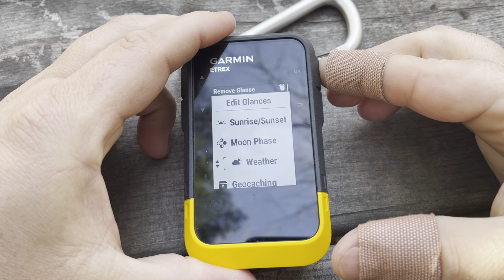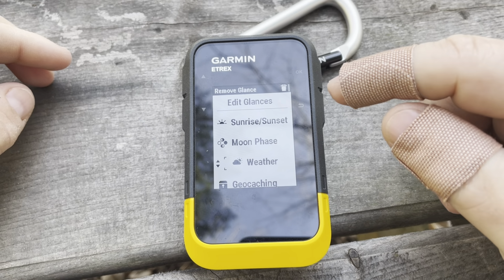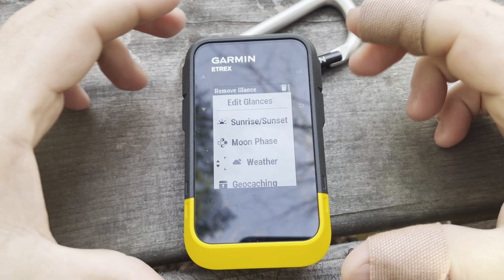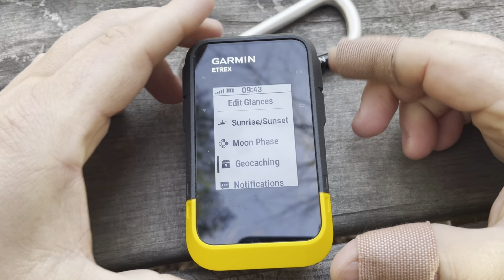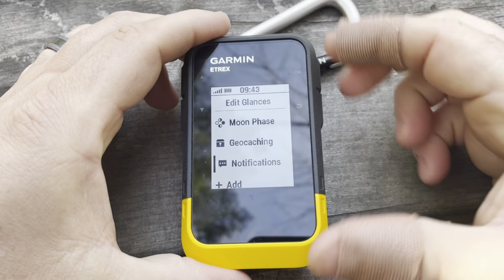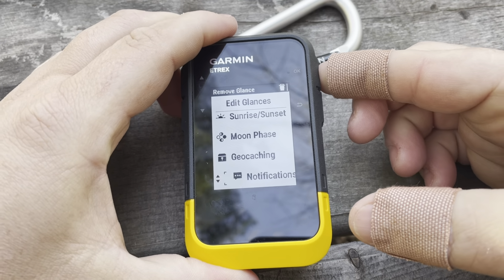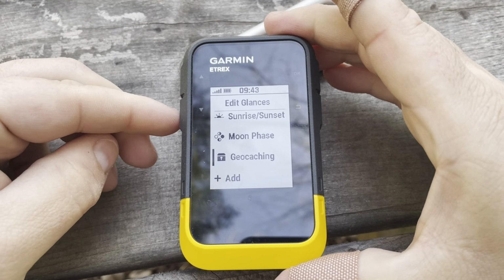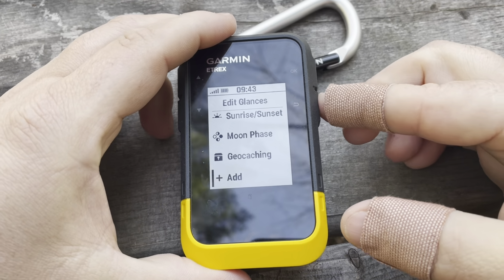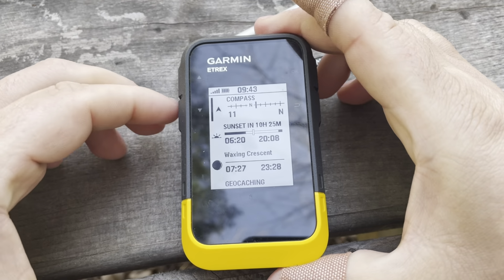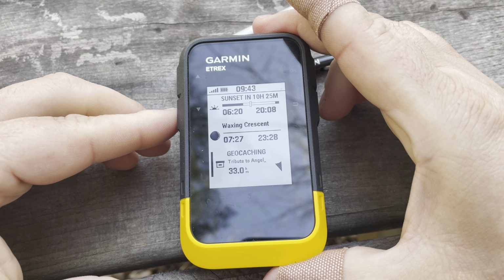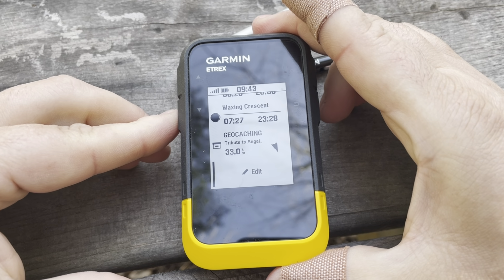let me just hit it again. If I didn't want to move it, you can see I have a little trash can icon, so I can hit OK again to get rid of it, and I can also get rid of notifications like that. And now I can be okay with these three options or four options.